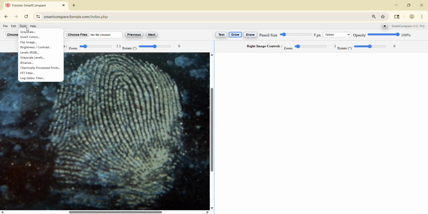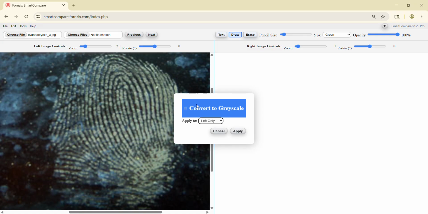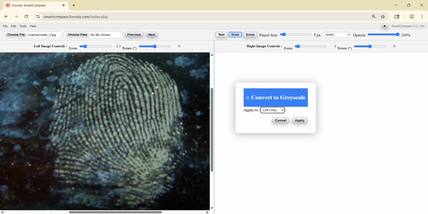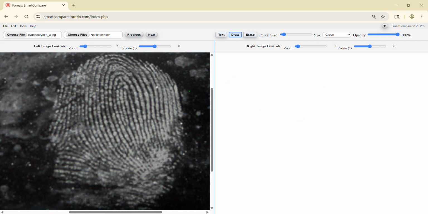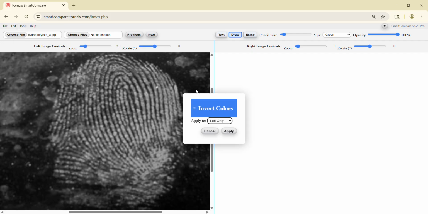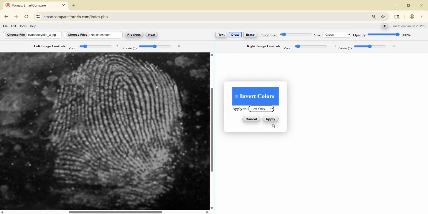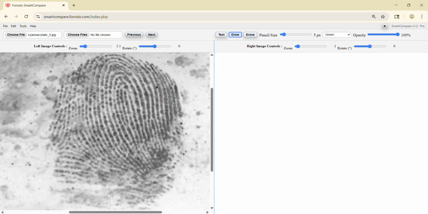And the first thing we can do is go up and click on grayscale. It will take a color photograph and immediately convert it into a grayscale image. So by clicking that button, all of our color is removed from the image, and now we just have a grayscale image. And I can go up to invert colors like we did earlier and change it from white ridges